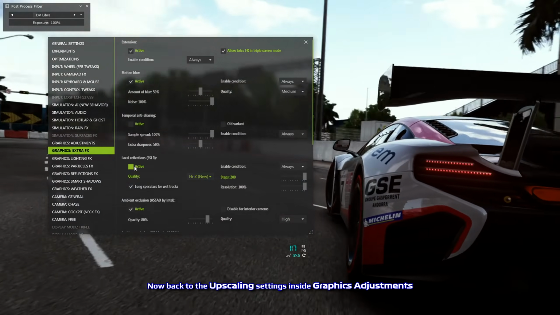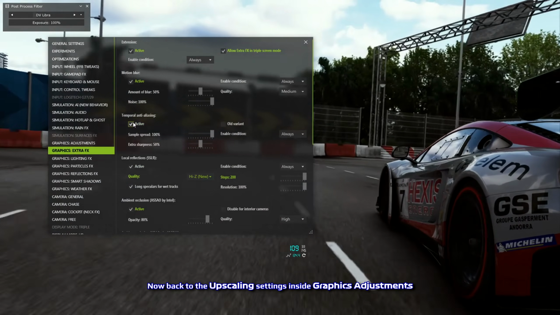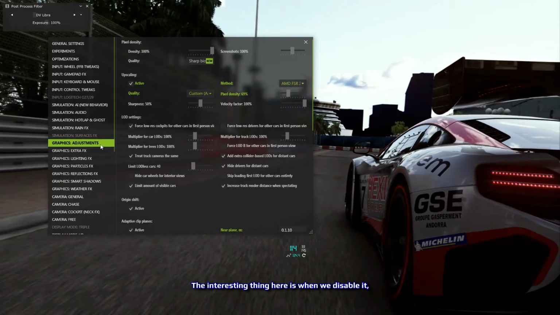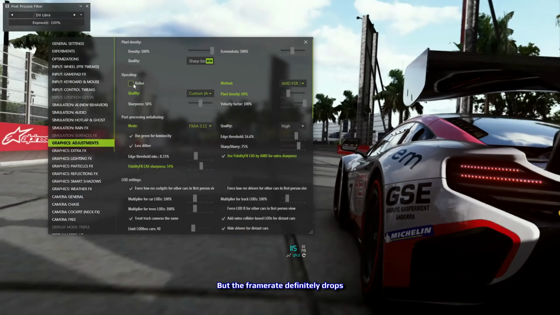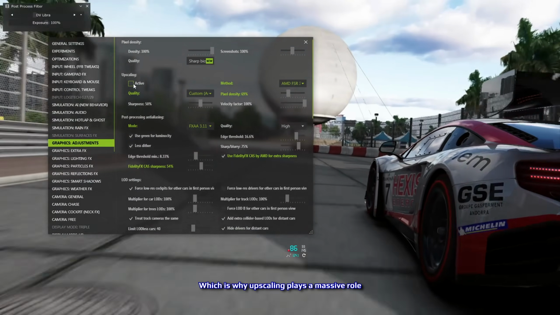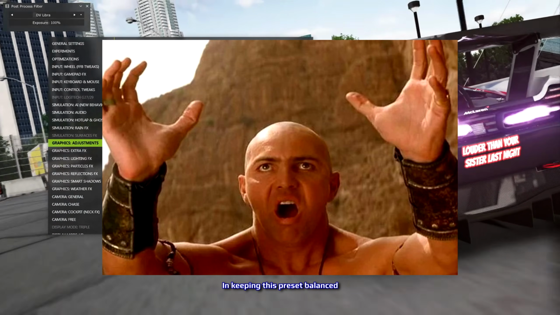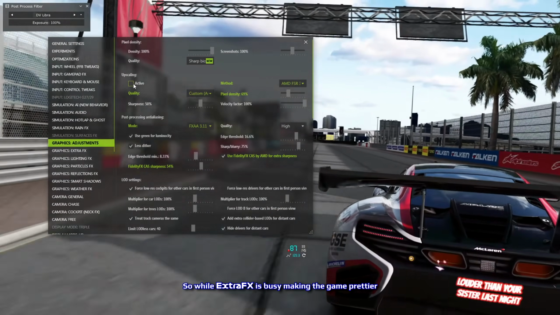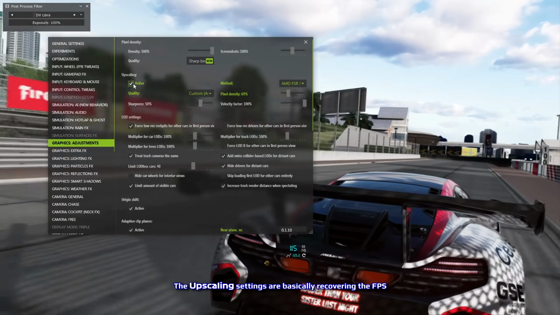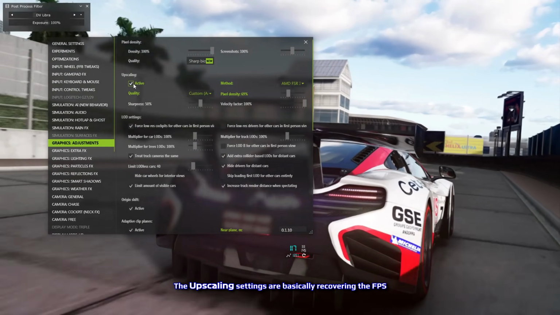Now back to the upscaling settings inside graphics adjustments. The interesting thing here is when we disable it, visually the game doesn't really change that much, but the frame rate definitely drops, which is why upscaling plays a massive role in keeping this preset balanced. So while Extra FX is busy making the game prettier, the upscaling settings are basically recovering the FPS we sacrificed